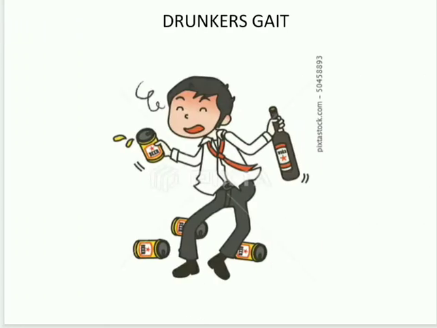It can't be described much. A drunkard's gait is a fashion of walking that is seen in a patient with cerebellar lesions. The patient can walk with a wide base of support or a narrow base of support. The patient moves forwards, backwards, and laterally. Sometimes he falls down. So, this is a drunkard's gait.